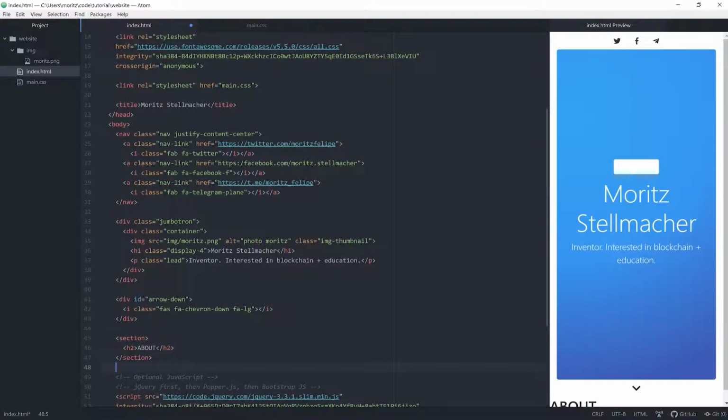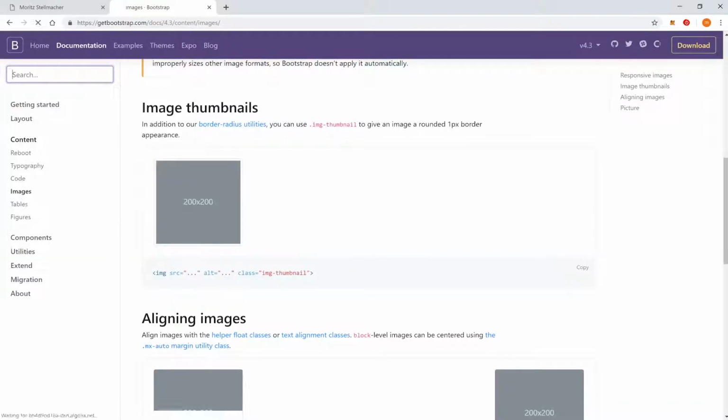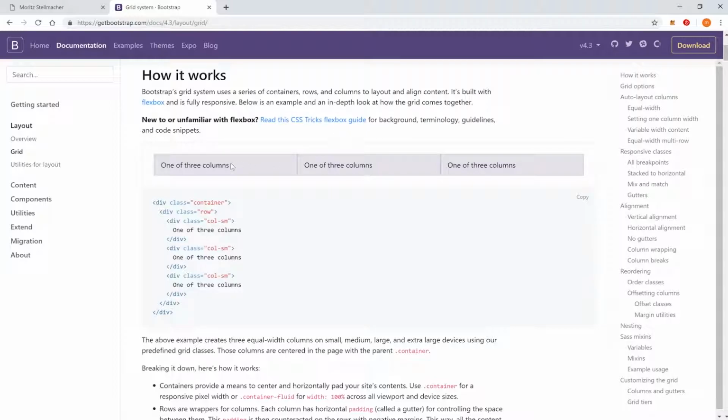Now we'll start using the Bootstrap grid. The Bootstrap grid helps us to lay out a page, so we can easily choose where we want our elements like text to be and how they should be ordered. So the grid is similar to a table element. We can specify the rows and inside the rows we can specify the columns. There is an amount of 12 columns per row that we can use. This may sound a bit complicated, but you will see how this works. If you still have questions, have a look at the explanation here on the website.